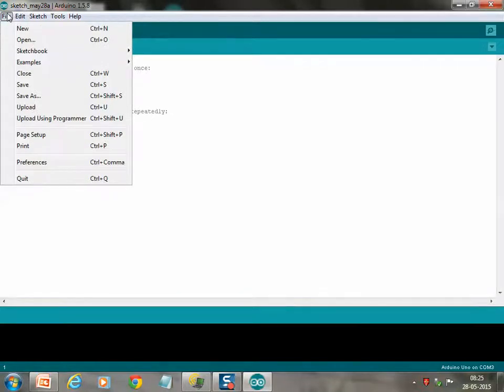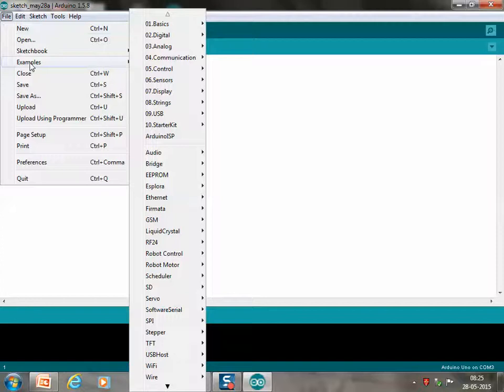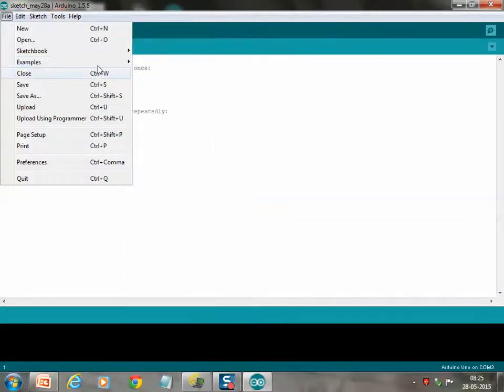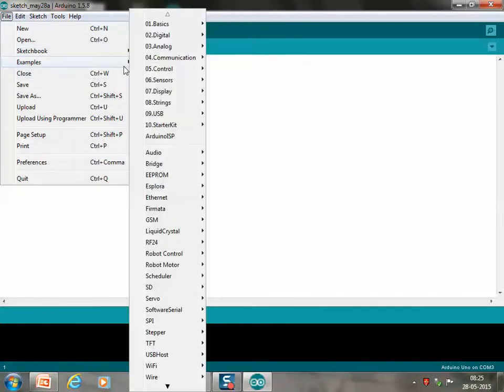One important and interesting feature of the Arduino IDE is that they provide so many examples so that, without writing the code, you can check it easily. You can see examples: basic operations, digital operations, sensors, all those things, they have given preliminary code like this. Since it is open source, you can also contribute, and if it is a worthwhile example of a new sensor, that will be added. I encourage you to contribute to the open source platform.